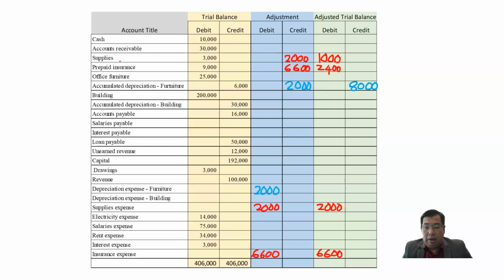Okay, and the new balance will be 2,000 on the debit side. On the debit side, that is our new balance for depreciation of furniture. Sir, I have a question. I'm confused about the